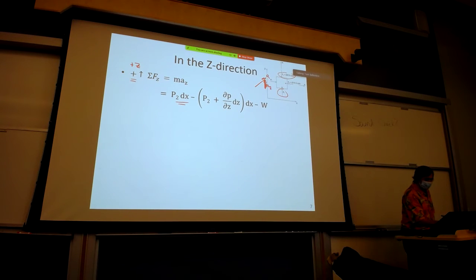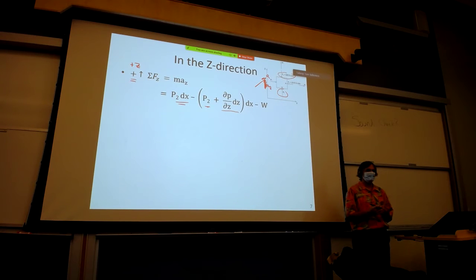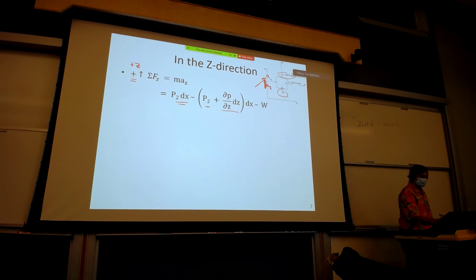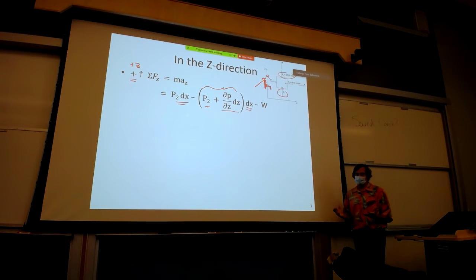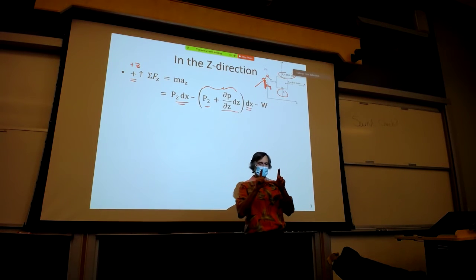On the top, we have not only P2 that was on the bottom, but some change in pressure, dPdz times the distance we went through, delta z. Again, dPdz is the pressure gradient in the vertical, and dz is the distance we went through. So that's the pressure on the top. This entire term is the pressure on the top. And then again, we multiply that by the area it acts over to get a force. In two dimensions, the area it acts over is just dx. So